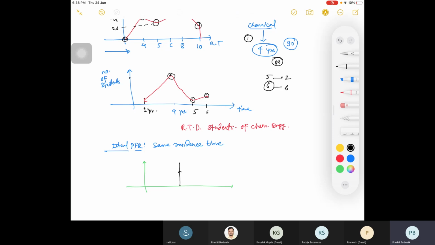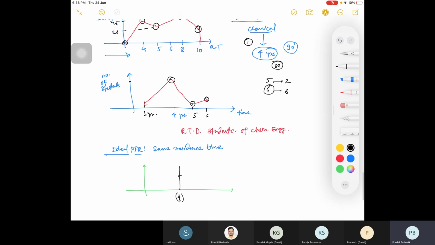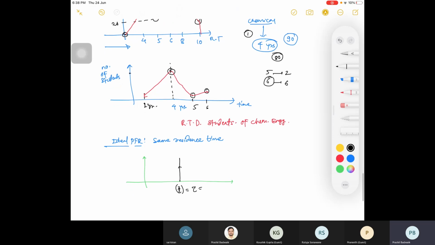Okay. And what is your T mean? What will the mean time be? Like in the case of your BTech, it is a mean of around 4. Most of the molecules will have the same value of 4. So this T mean is basically your tau. Tau is equal to your volume divided by the initial volumetric flow rate. So this is your RTD in PFR, and I'll say it is equal to 0. RTD is 0. There is no distribution.